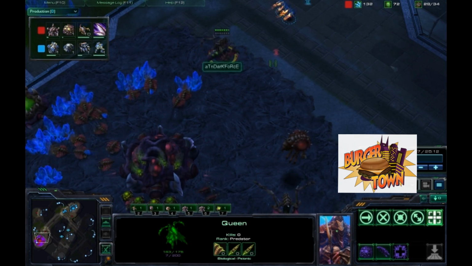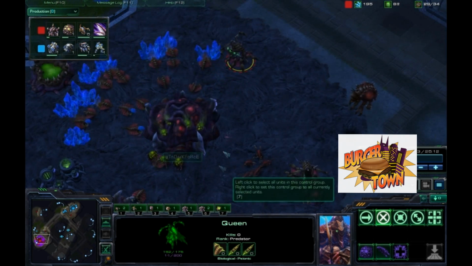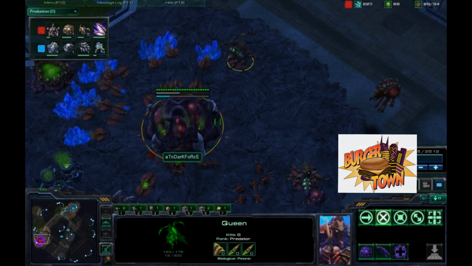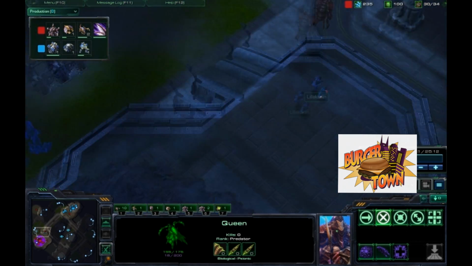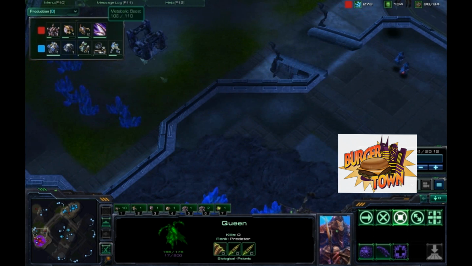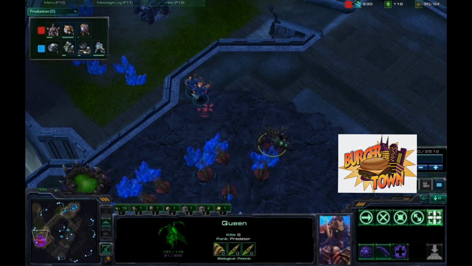And there's another Queen on the way. Two Queens is very easy to counter early Reaper harassment. And speed's almost done. Couple more seconds of speed. Speed is also a very good counter. Roaches are too, but roaches can be microed against